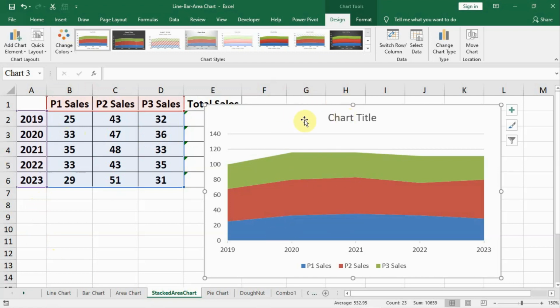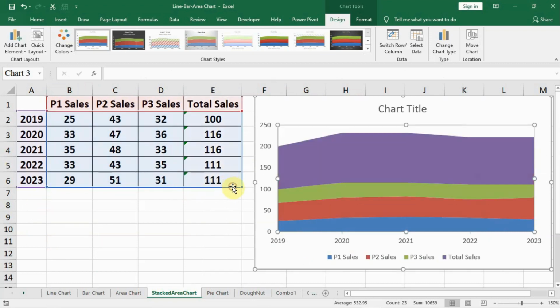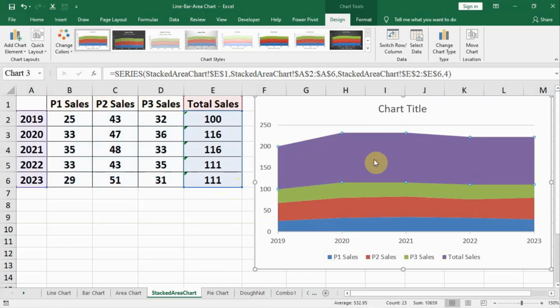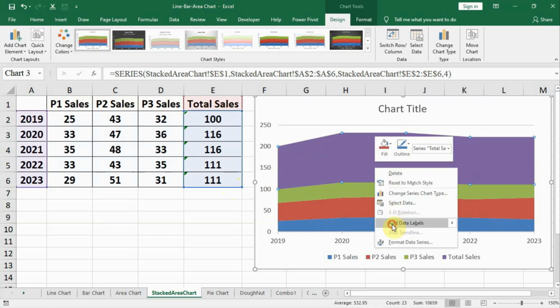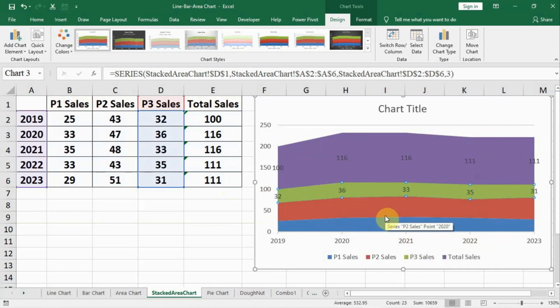Then it would be more helpful in those cases. Now another thing, if I want to include the total sales in the same chart, then I have to click on the chart, and here the selected area is visible, and I have to drag this blue line to the right to include the remaining area. And you see the remaining area, that means the total sales, is also showing up. The below 3 are showing the sales of 3 products, and the above area is showing the sales of the total products. We can also right click and add data labels to different areas, like this. You can add data labels also.